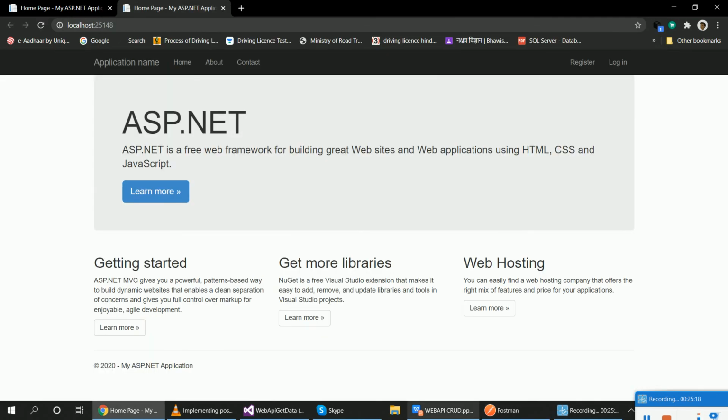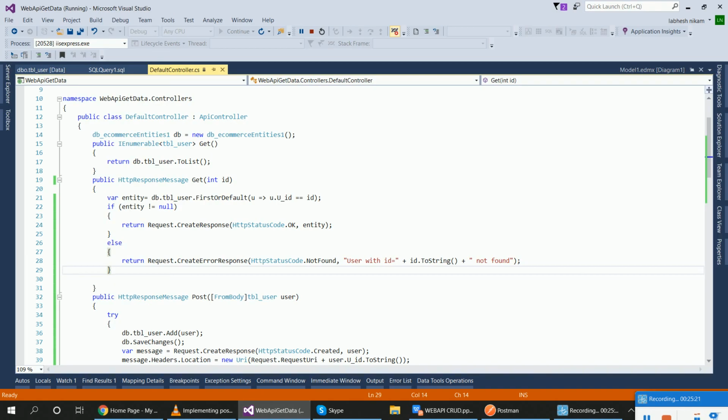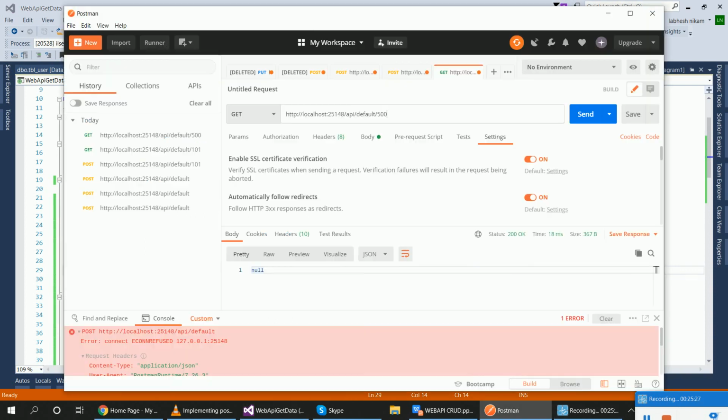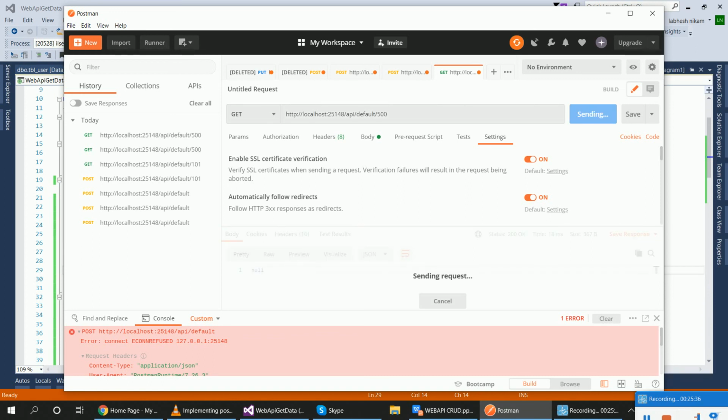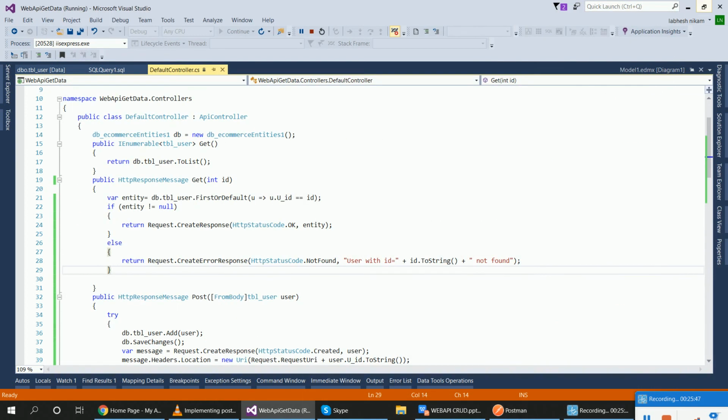What will we get? Whatever we have written in the code: user with this ID not found and 404 Not Found message. Suppose record 500 is not available in my table and I use the get method. See, message: user with id equal to 500 not found, right? And 404 Not Found status code.